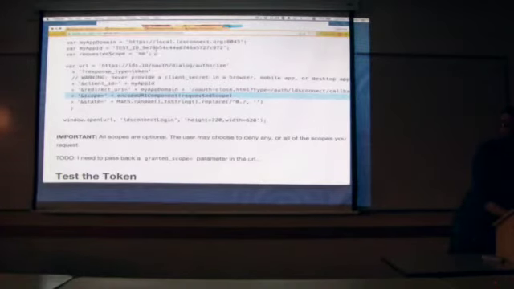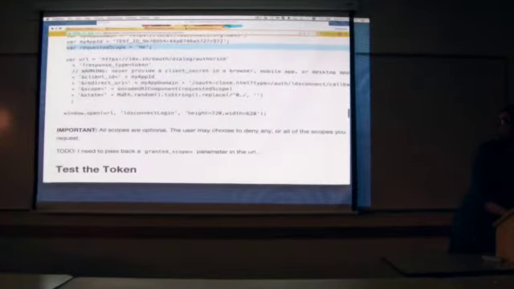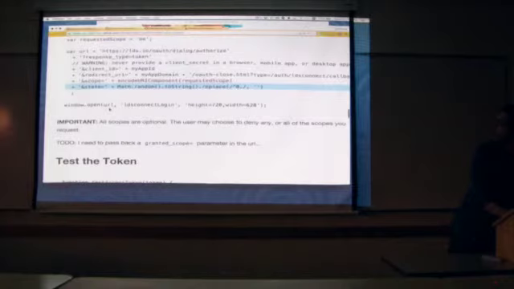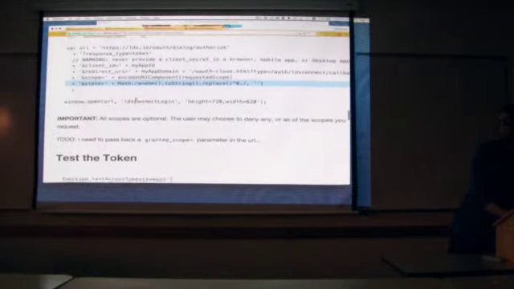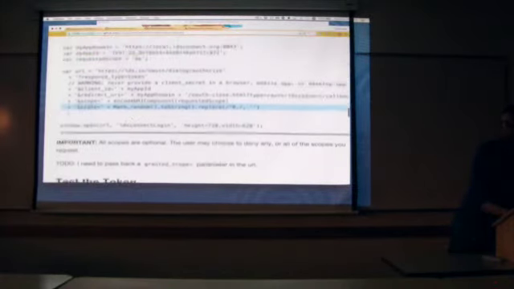And then I have a scope. My requested scope is just a me resource. That's the profile resource. And then state is just to prevent like replay attacks and stuff. And I open that URL, and that's what pops open. Then